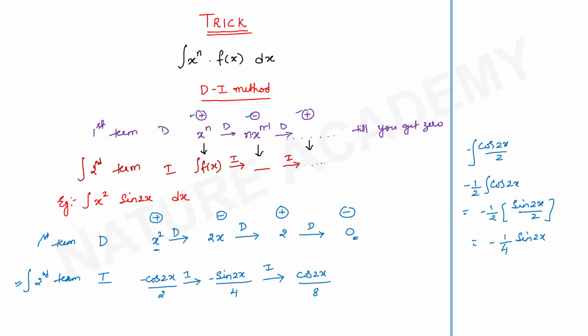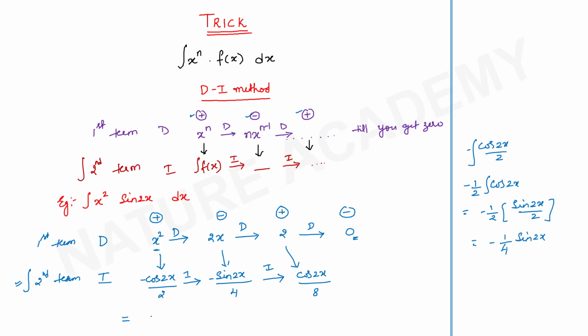Now I am not going to proceed because I have 0 here. I told you that we will be multiplying it here like this. So if we multiply, there is no need for me to proceed with the 0, because the answer is going to be 0 there. Now the final answer will be, just go on multiplying this with the signs above here.